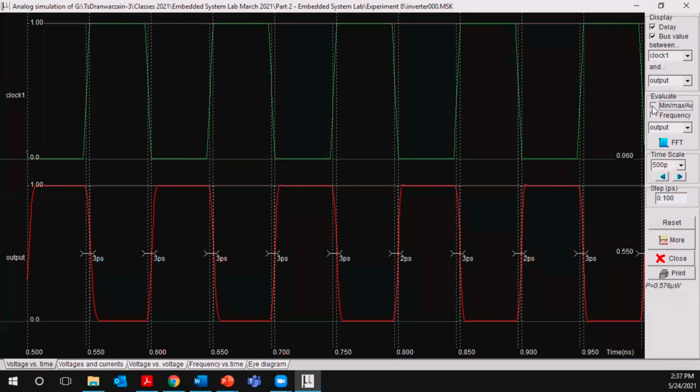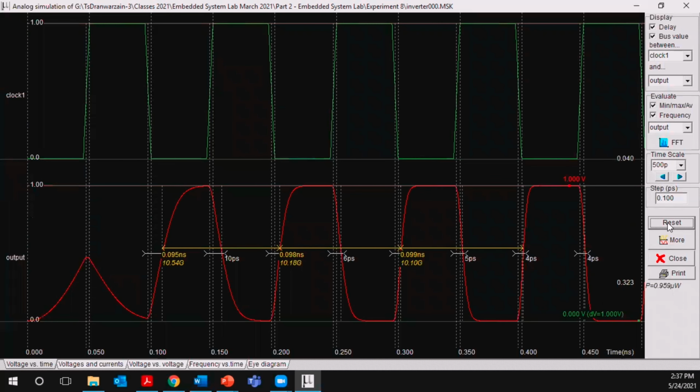And also you can click on maximum and the frequency, and you can click on reset. So they will calculate for you the speed of your inverter, 10.54 gigahertz. Okay, 10.54 gigahertz is simulated, and the time is 0.095 nanosecond. So the power dissipated over here is 0.959 microwatt. Okay, so this is the basic step of your simulation. So after you have done this point,